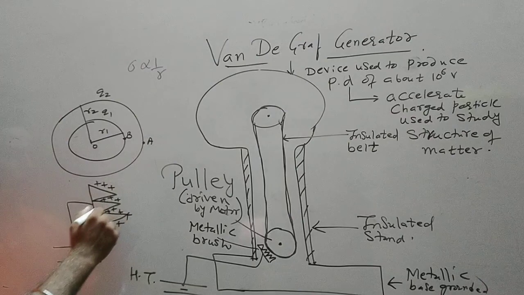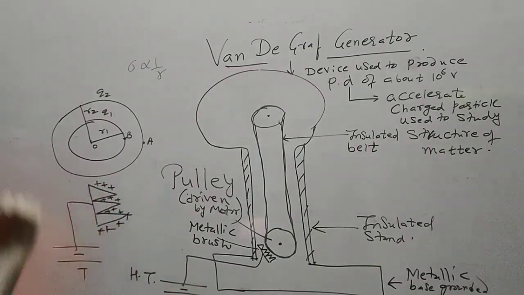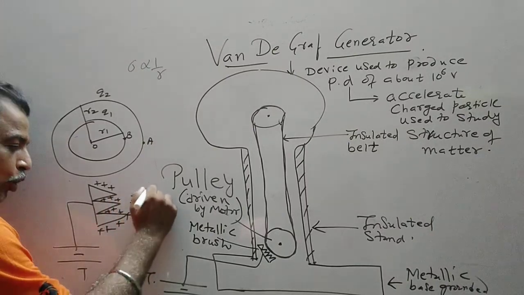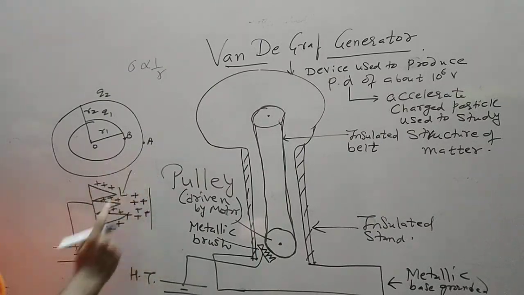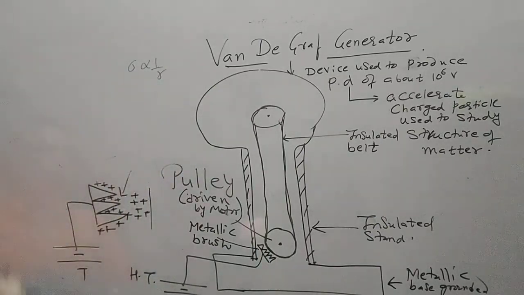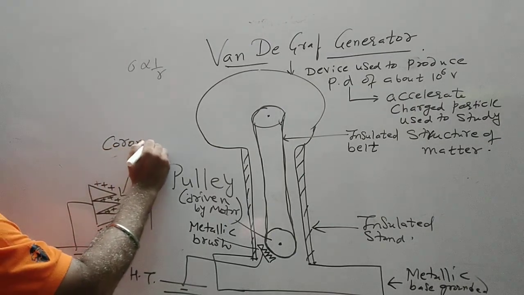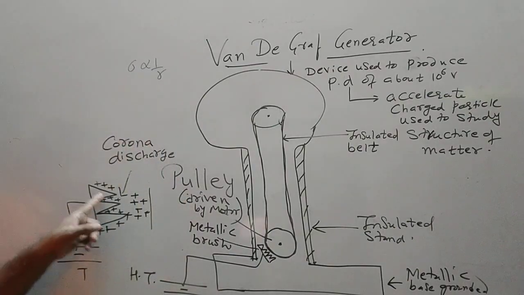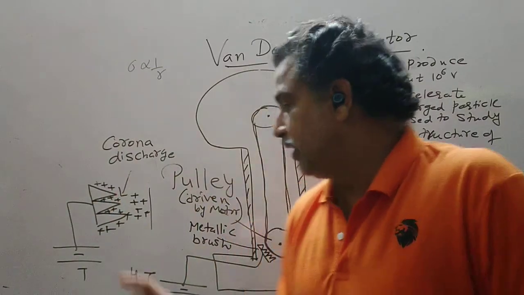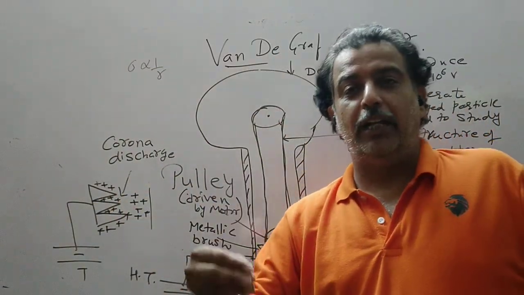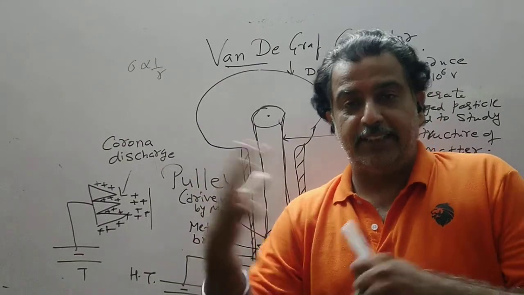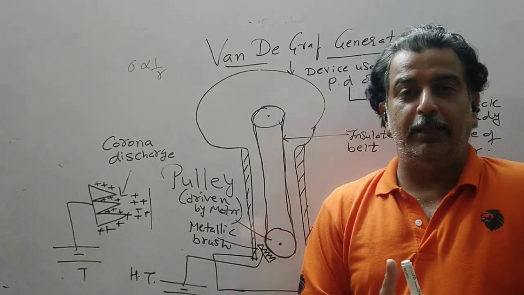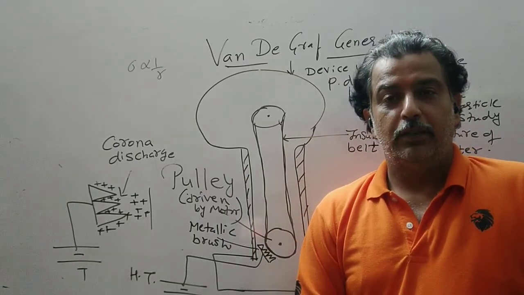Now when the charges are uniformly distributed and reach the maximum value, the comb sprays the charge on the belt. This phenomenon is called corona discharge. That is, when the density of the charge becomes maximum on this pointed end, the comb will spray. If it is air, we have seen that if the charge distribution exceeds the limit, it ionizes the medium.